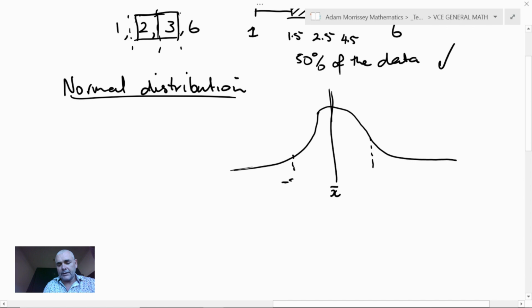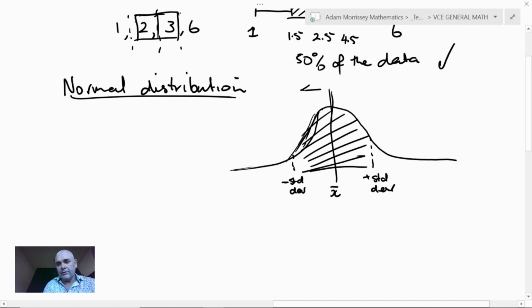So subtract a standard deviation here, and here we're going to add a standard deviation. If I try and draw this a little bit more symmetrical, we know a couple of things. We know 50% of the data are either side of the mean, and we know plus or minus 1 standard deviation